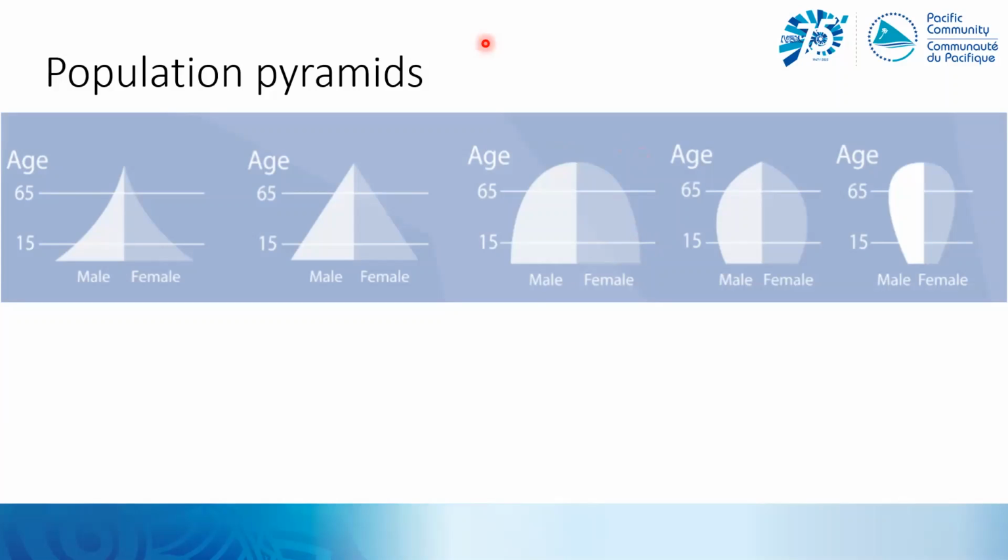So that's looking at the whole population. In the last slide we looked at median age, which was our summary indicator. So before I put the slide up for the Pacific countries, just quickly think what you might imagine your average age of your population is and see how close you are.